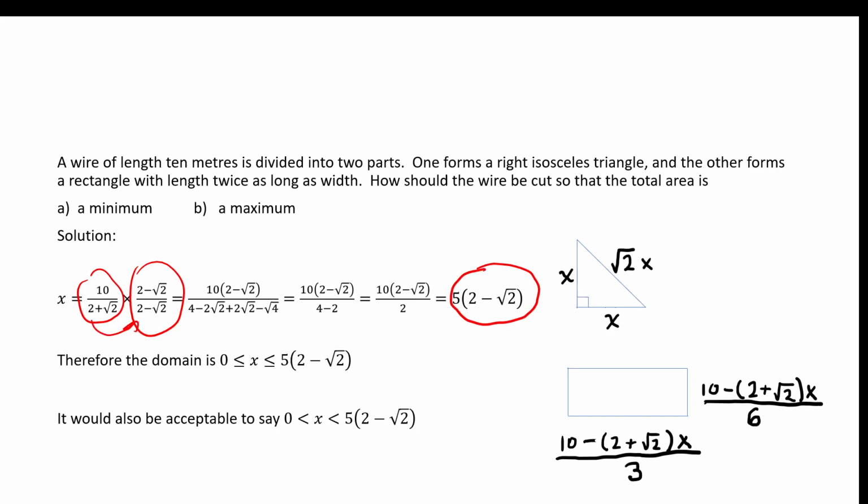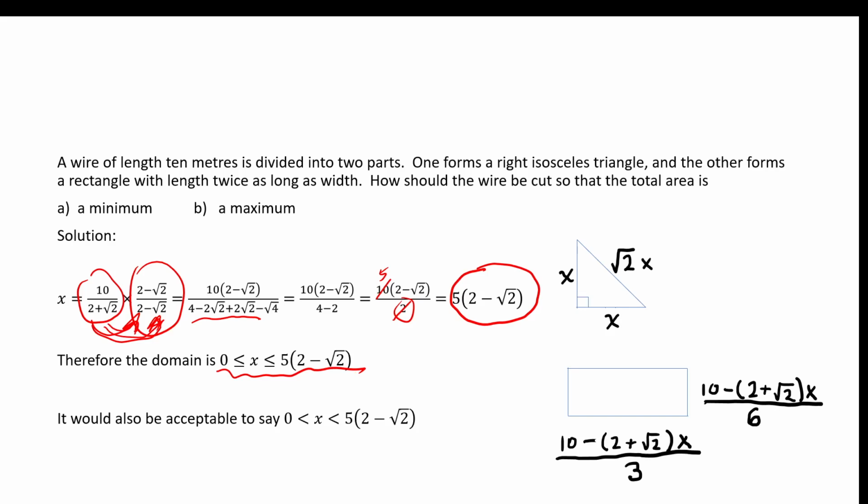Expanding that denominator the way we did here gives us this longer expression. And then the negative 2 root 2 and positive 2 root 2 cancel, and we're just left with 4 minus 2, which is 2. The top has a factor of 10, the bottom has a factor of 2, so we can cross out the 10 and the 2, and we have a 5 up top. Okay, so we can see that the domain is going to equal anything between 0 and 5 times 2 minus